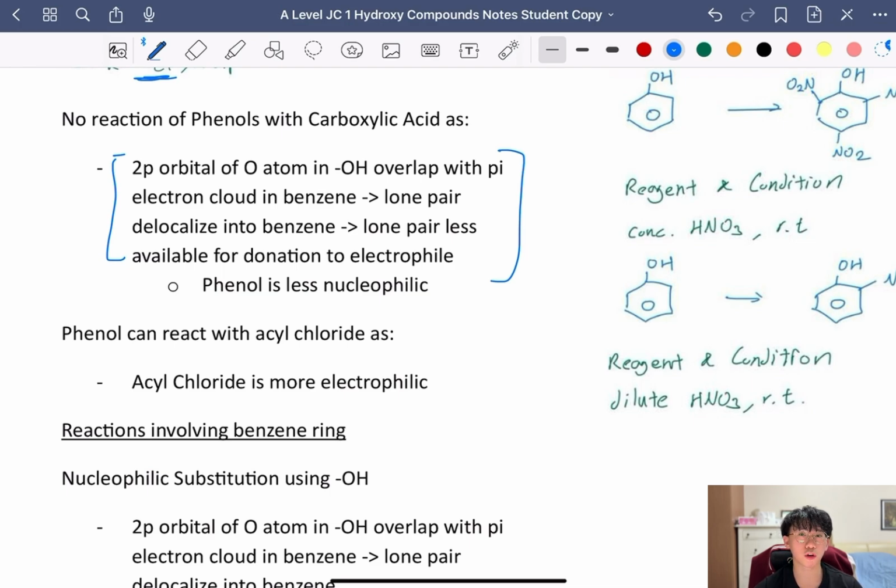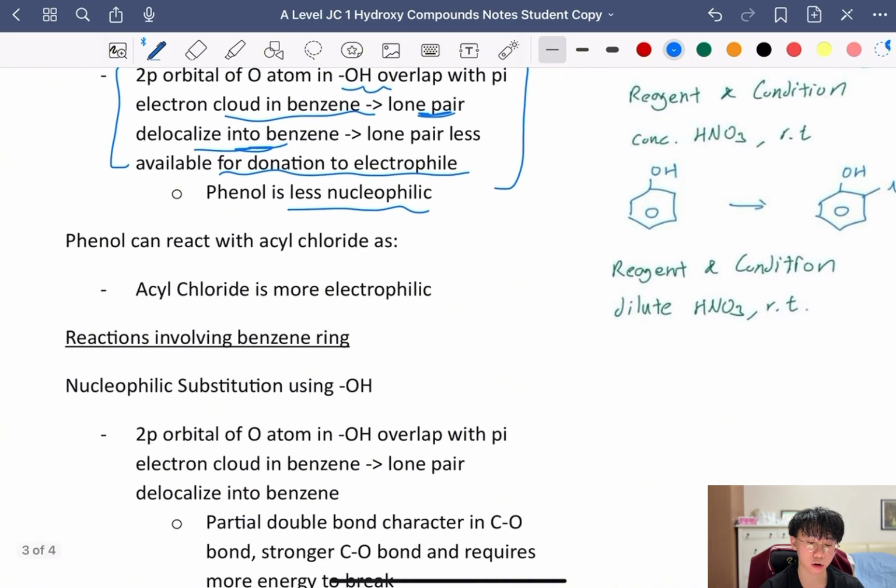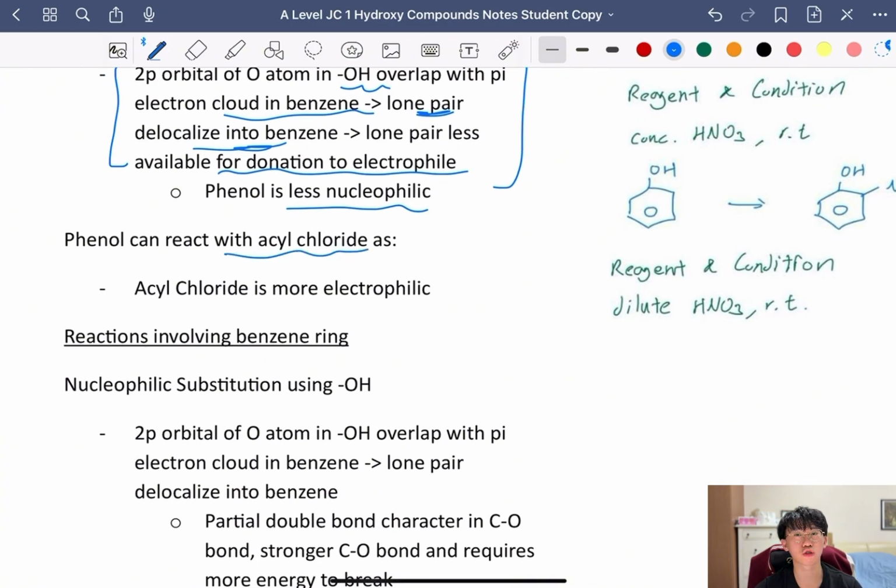The 2p orbital of your O atom in the OH overlaps with the pi electron cloud in the benzene. Because of this, the lone pair delocalizes into the benzene. And therefore, your lone pair is less available for donation to an electrophile. This makes phenol less nucleophilic, which is not what you want in a nucleophilic acyl substitution reaction. But it can react with your acyl chlorides, because your acyl chlorides are just stronger electrophiles compared to your carboxylic